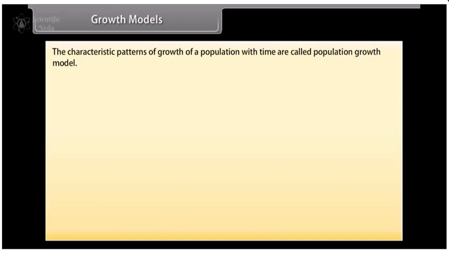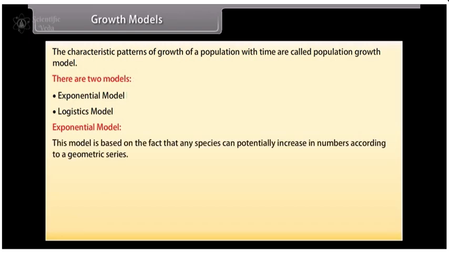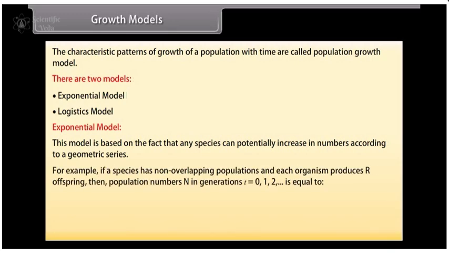Growth models. The characteristic patterns of growth of a population with time are called population growth models. There are two models: the exponential model and the logistic model. Exponential model. This model is based on the fact that any species can potentially increase in numbers according to a geometric series. For example, if a species has non-overlapping populations and each organism produces R offspring, then population numbers N